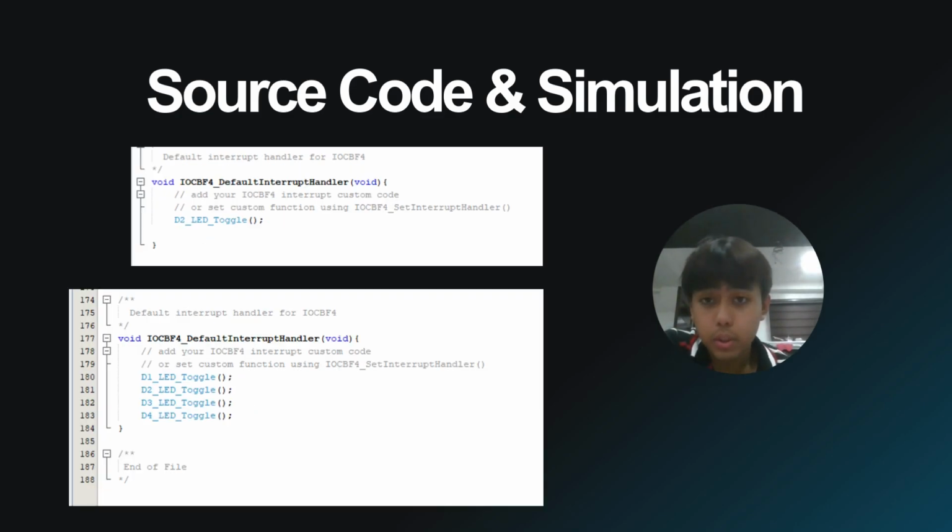These are the codes that we have used for the one LED setup and multiple LED setup. For the one LED setup, the IOCBF4_DefaultInterruptHandler function is shown. When the IOCBF4 interrupt, which is caused by a change on a particular pin, occurs, the function will act as the default code. By default, the code uses the D2_LED_Toggle function to toggle the D2 LED, turning it